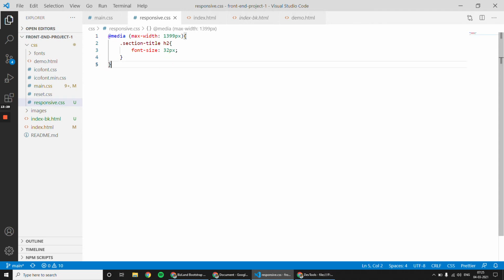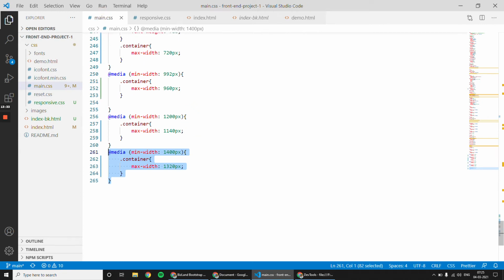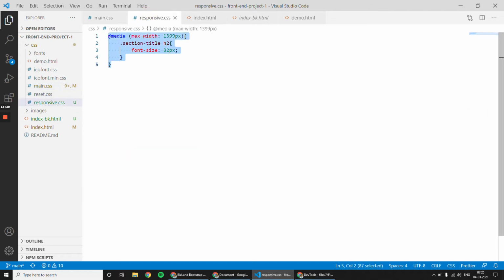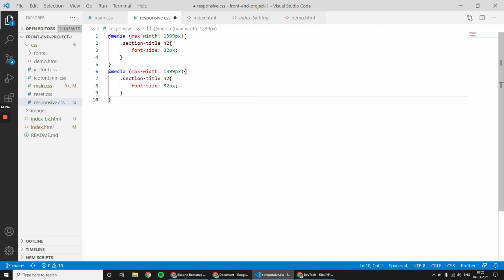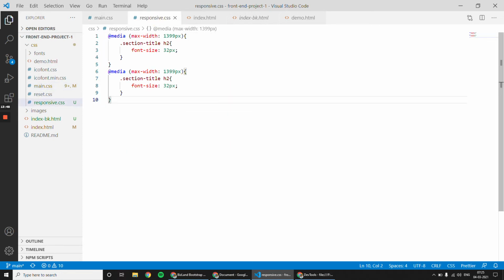And next my media query is, instead of copying this, let me copy this, and 1200. So we have to reduce one value, 1199.